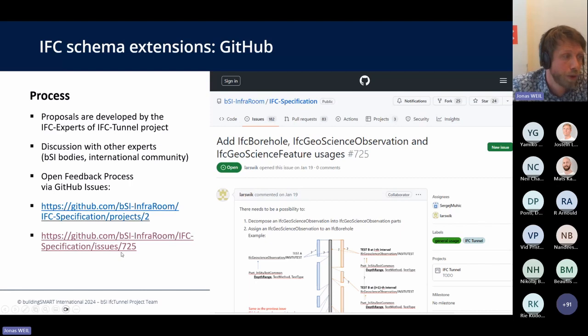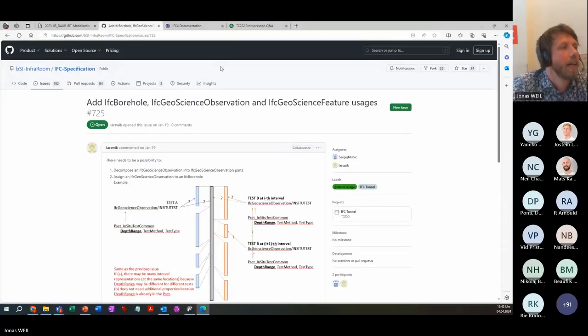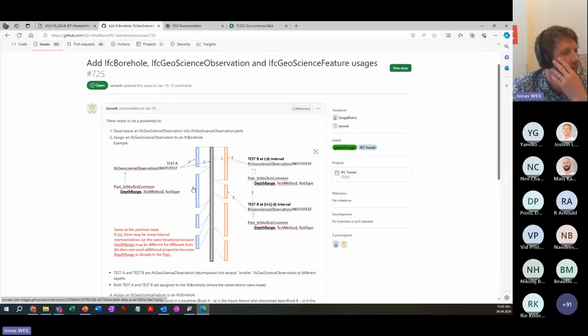But you can go to GitHub, and this one is also available to the public. And you can search for certain points in the issues, and you find, for example, what was commented, how to deal with IFC borehole, how to deal with IFC geoscience observations and features, and so on. And there's a lot of detail.